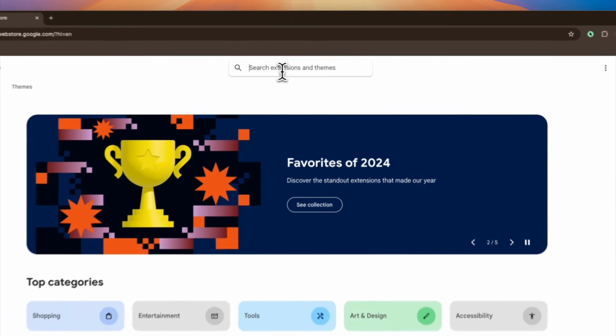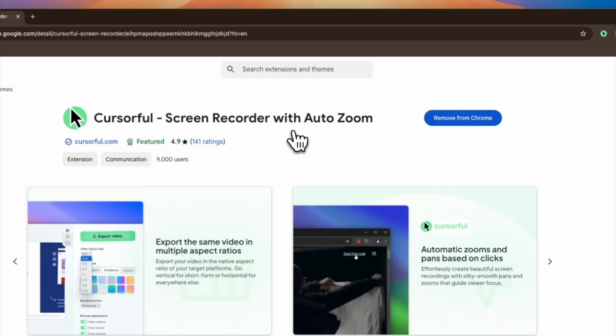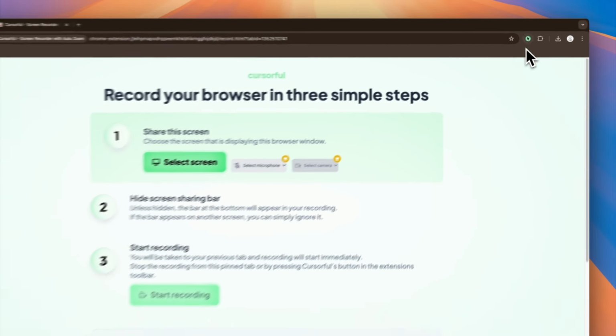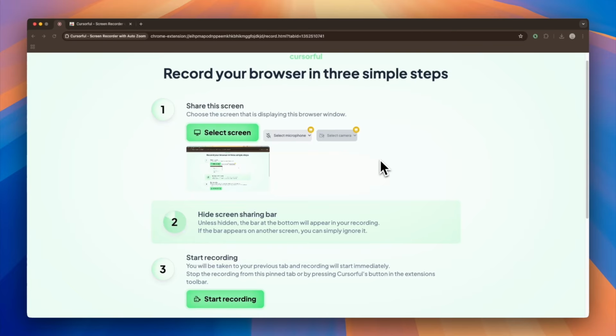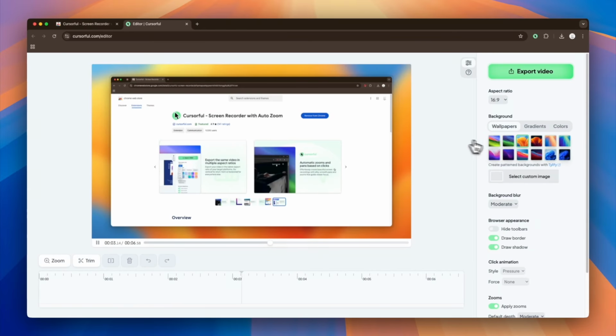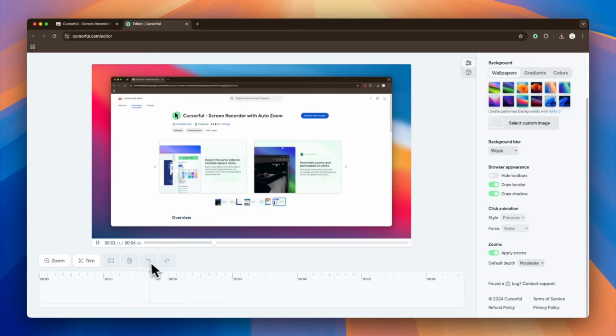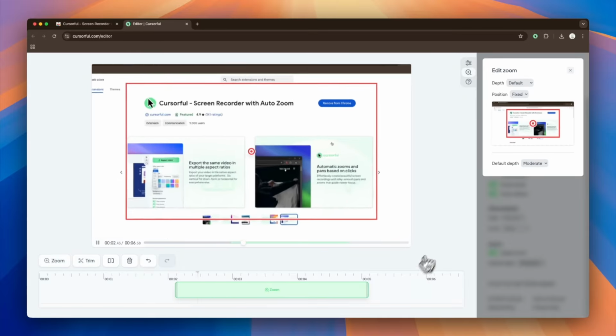One last thing, if you want to share your website with a screen recording like I did in this video, I highly recommend using a Chrome extension called Cursorful. It works on both Windows and Mac. It enhances your recordings by highlighting clicks, adding smooth cursor animations, and letting you customize pointer effects for better viewer engagement. And it's free. All the website links and tables are included in the description. Feel free to explore and try them out yourself.